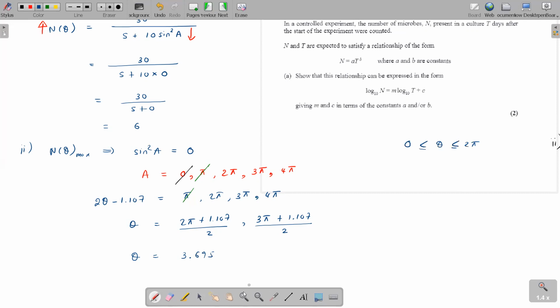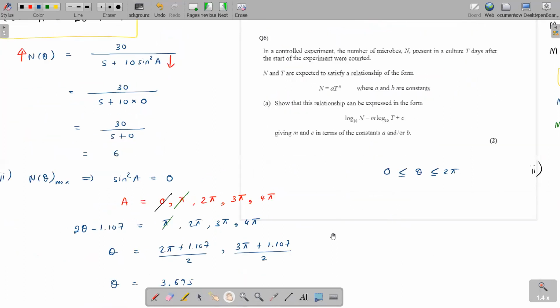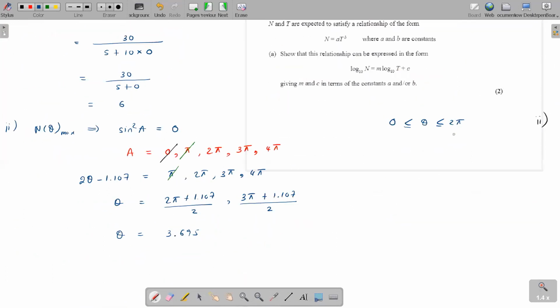How much is 2 pi in decimals? 6.38. So theta is between 0 and 6.38. How much is this one? 5.27. The other one, with 4 pi,